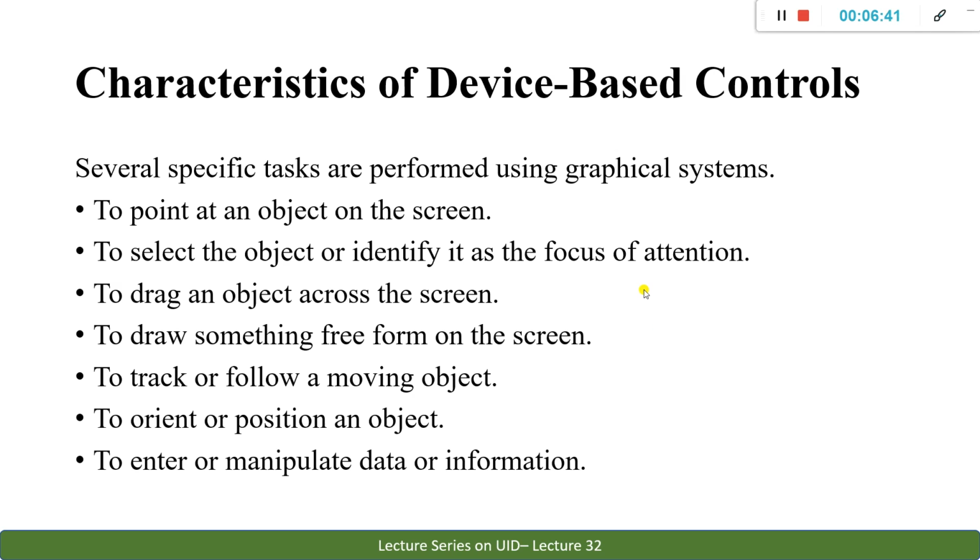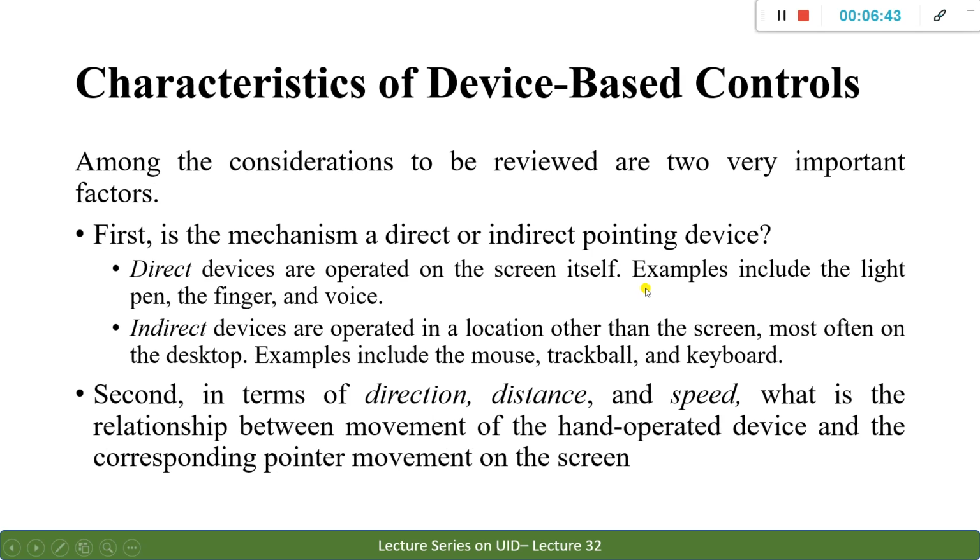Before going to the types of devices available, let us concentrate on some things. Whatever you want to have can be reviewed under two kinds of factors. First factor is whether the mechanism is direct or indirect. I mean, like the pointing device that you have, whether you have a direct pointing device or an indirect pointing device.